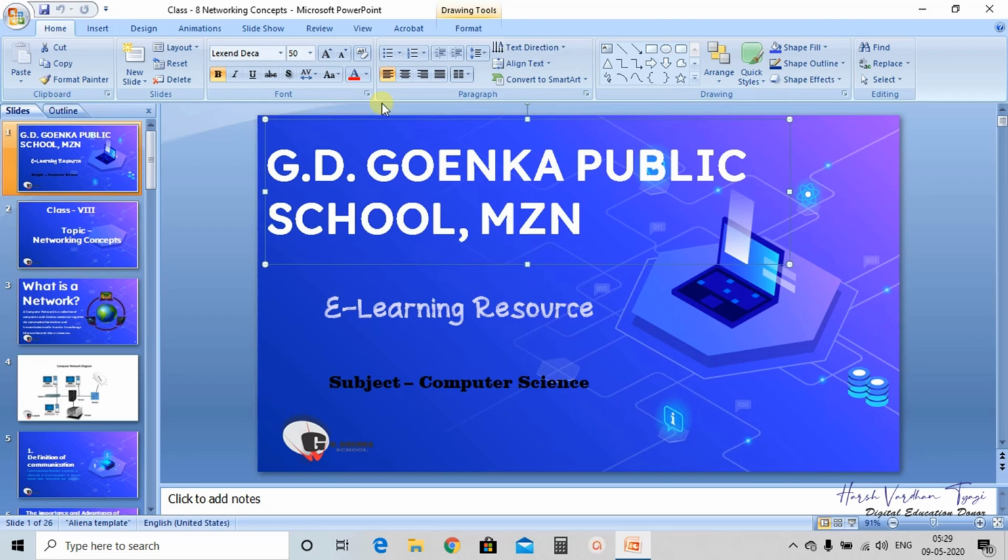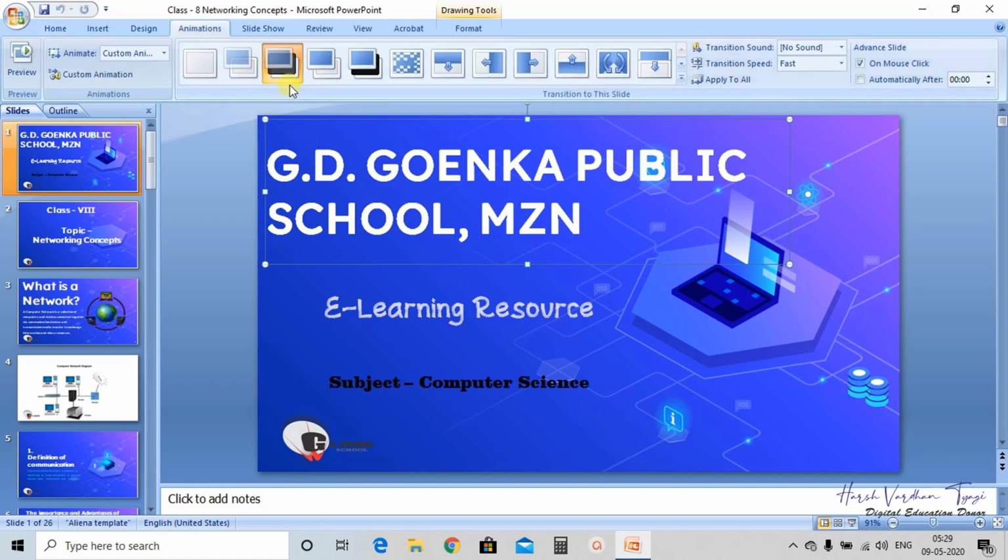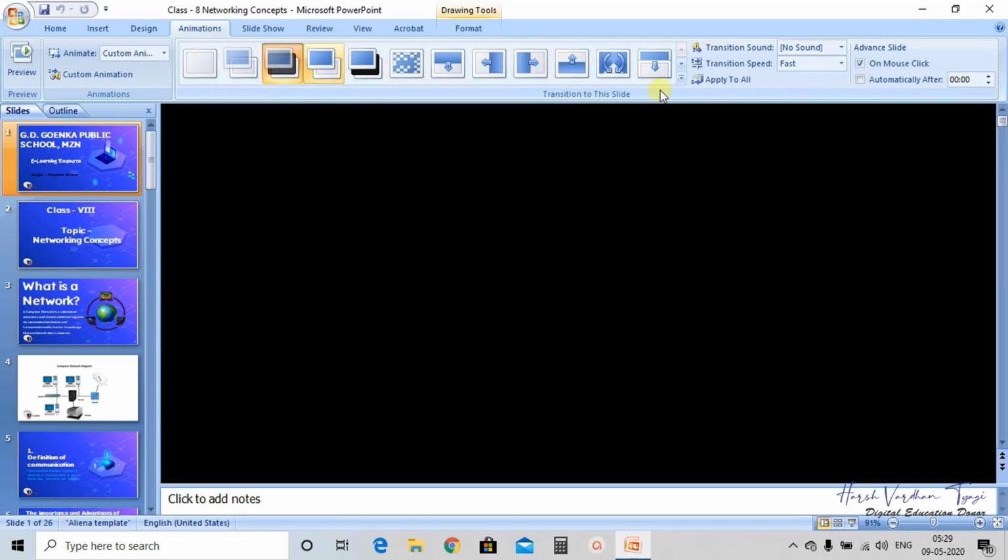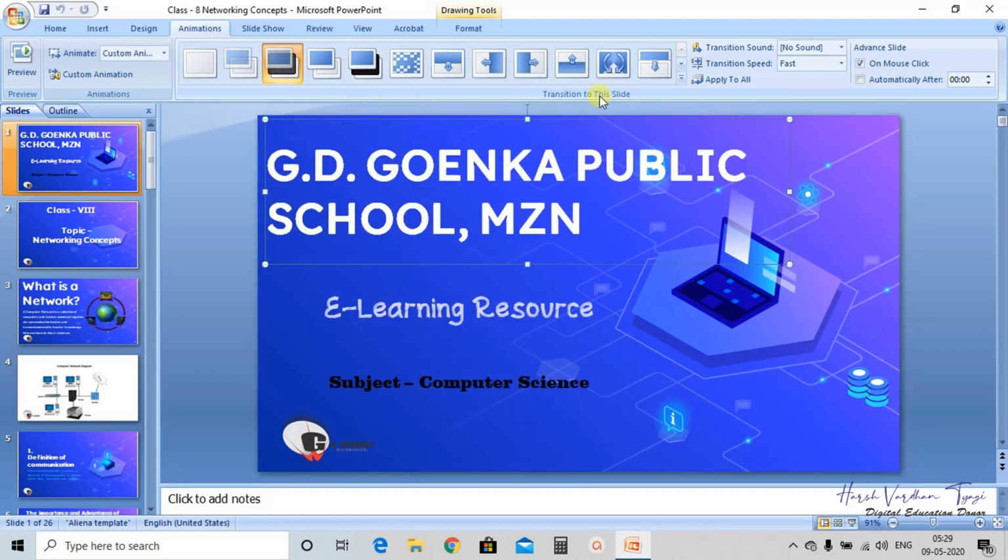Then what you have to do, you go to the animations tab. Now see, in the animation tab, these are the transition effects, these are the inbuilt transition effects. So you need not apply the transition effect as of now, but what you need to apply is the animation effect.